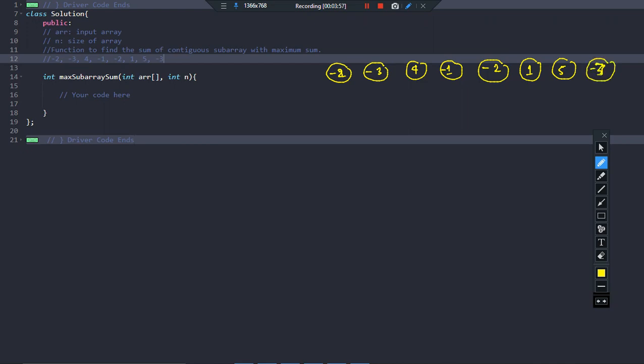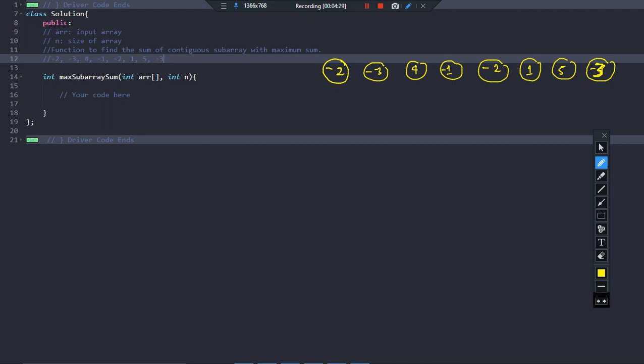Now our objective is to find out the maximum possible subarray sum. You can see clearly that there are many negative elements and positive elements. It becomes quite challenging to keep track of the maximum possible subarray, right? I'll not go into that detail, let us just stick to basics. So these are the elements: minus 2, minus 3, 4, minus 1, minus 2, 1, 5, minus 3.